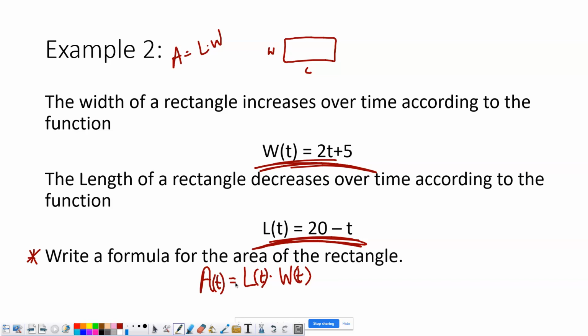So the area is not just a number now. Now it's a changing number, which means it's a function. It's a variable, right? So here is my answer. We have A of t is equal to L of t times W of t. But we can go a little bit further than that. If A of t is equal to L of t times W of t, in other words, area equals length times width,